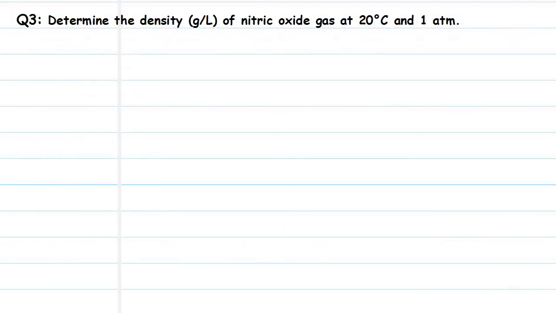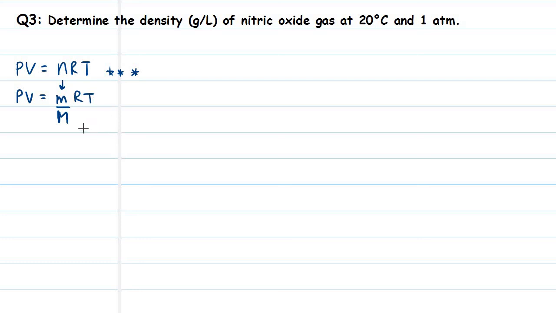For this one, determine the density in gram per liter of nitric oxide gas at 20 degrees Celsius and 1 atm. Okay, now they're asking about density, but we can still use PV equal to nRT. Again, this is the only formula in the ideal gas law that you should remember or memorize. The rest you can derive pretty quickly. And you know that n equal to little m over big M. So PV equal to